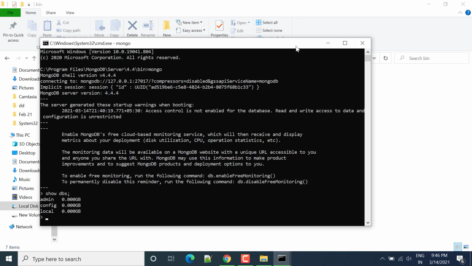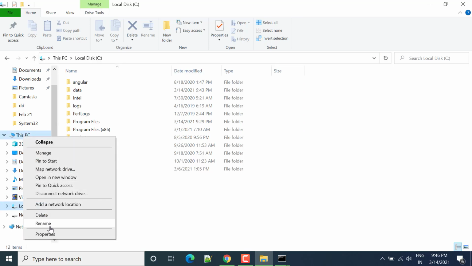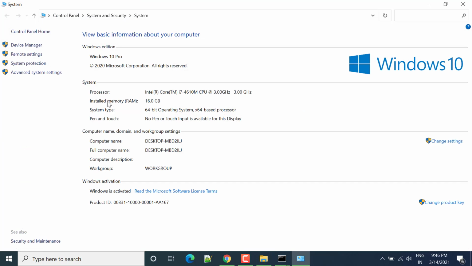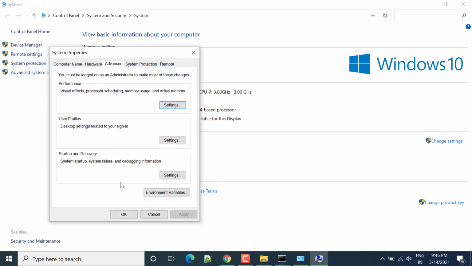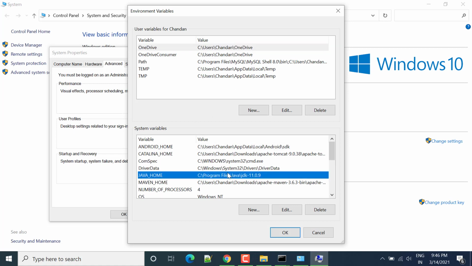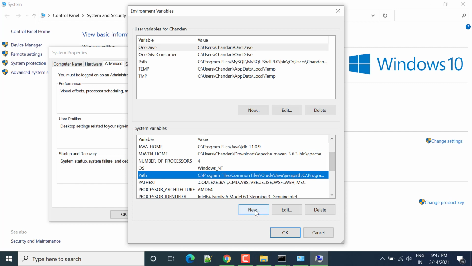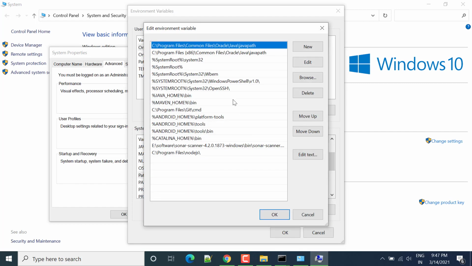Before that, we have to configure this, and for that we will copy the path, go to my PC properties, and you will see advanced system settings. You have to click advanced system settings, then environment variables, and after that you can select here path, click edit.